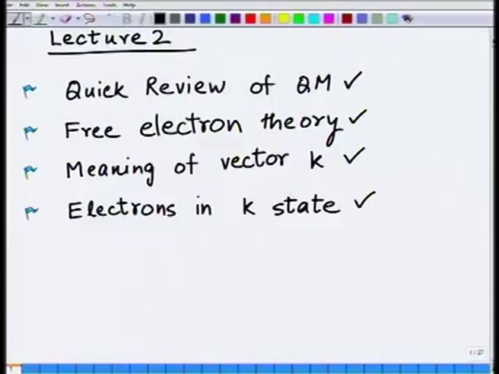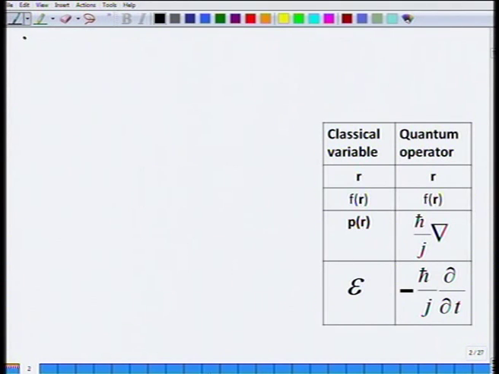So, let us start with a quick review of quantum mechanics. Essentially, just the basic thing: recall that we deal with this wave function psi, and I am using a notation where I put a hat on top of all of them. This quantity contains all the relevant information about the electron. It is a function of position and of time. So, this is the wave function which contains all the information about the electron. You can derive anything you want through this